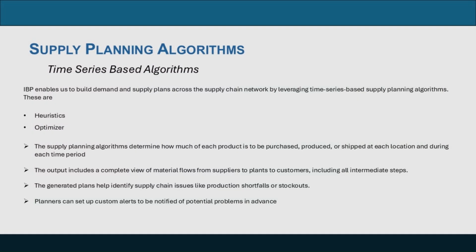So now let's discuss the supply planning algorithms. We have the supply planning heuristics, which is infinite supply. What it will try to do is fulfill the customer demand no matter where the supply is, what the production capacities are, right? So it will see that there is a shortage of stock in the supply chain nodes, but still it will result in the fulfillment of the customer's demand. So heuristics is useful because